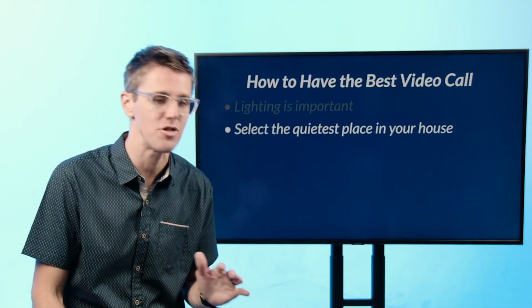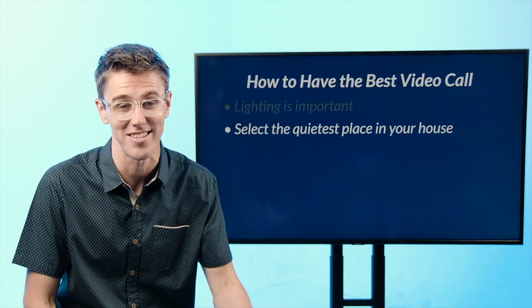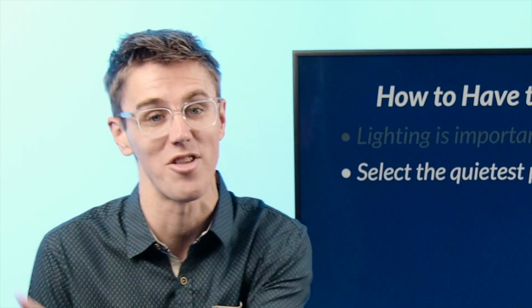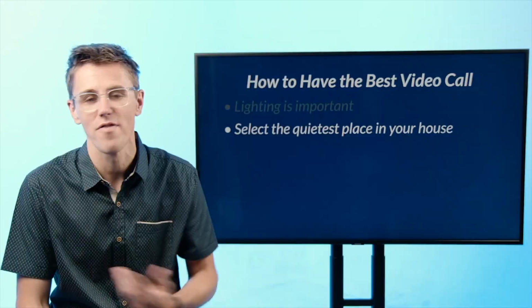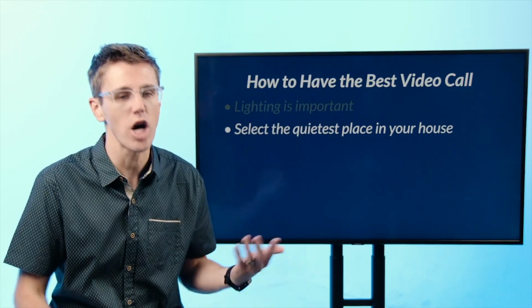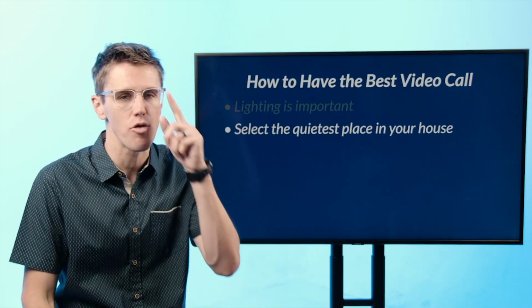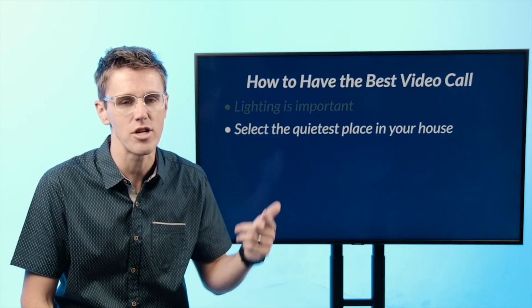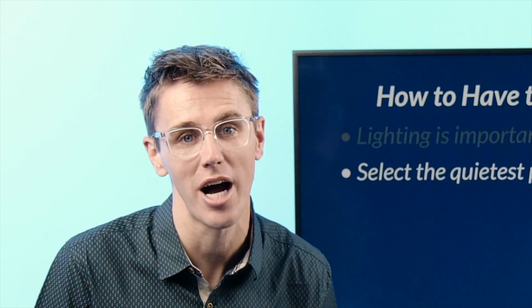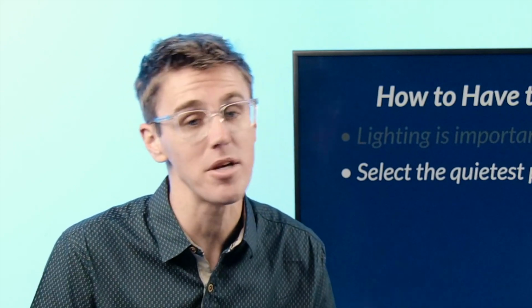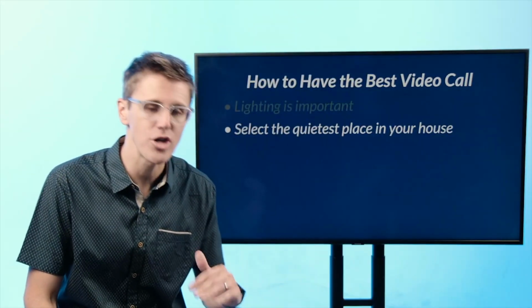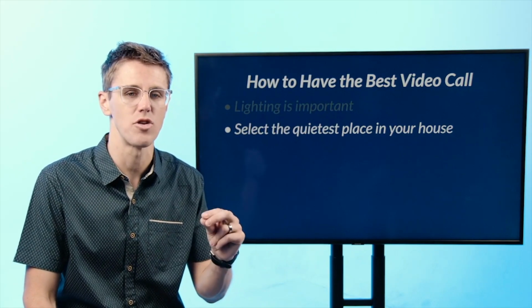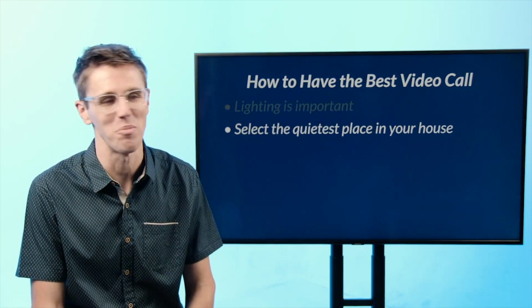Now, you might need to meet two or three times to learn some of these things, because you might meet and go, oh man, our bedroom's terrible because I can hear the neighbors that we share a wall with. That's okay. Learn together and talk about that. And if somebody in your online group doesn't know that we can hear things or that noise is an issue, educate them on it. Say, hey, you might not know it, but we can hear your dog in the background. He barks the whole time. There might be a solution, there might not, but the quieter it is and the less the noise is a nuisance, again, it will lead to a better online group meeting time.